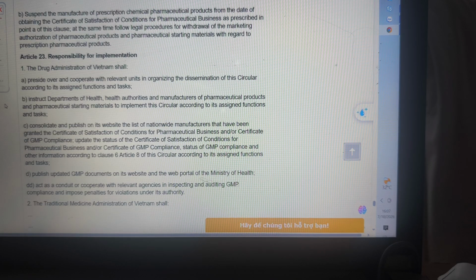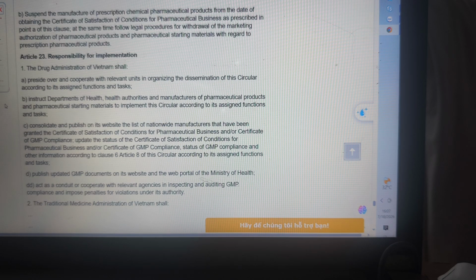Suspend the manufacture of prescription chemical pharmaceutical products from the date of obtaining the certificate of satisfaction of the condition for pharmaceutical business as described in point A of this clause. At the same time, follow legal procedure for the withdrawal of the marketing authorization of the pharmaceutical products and pharmaceutical starting material with regard to prescription